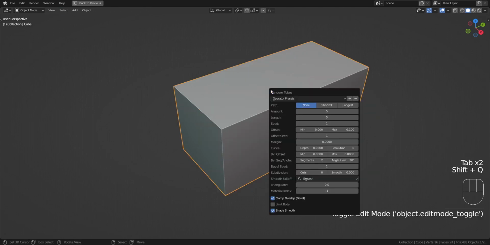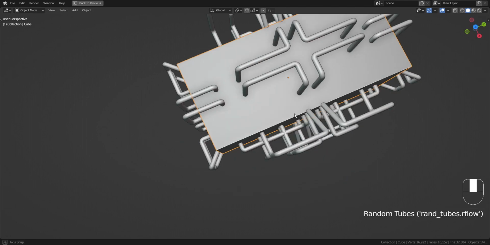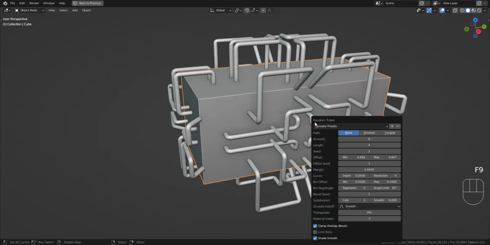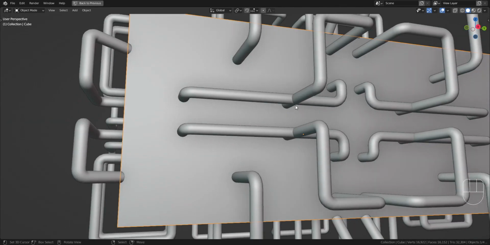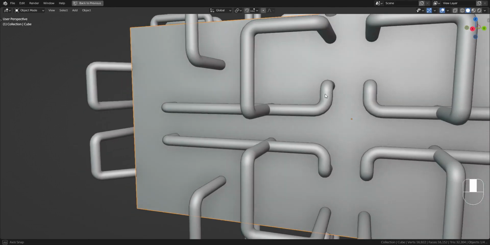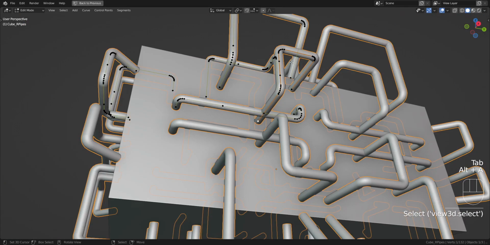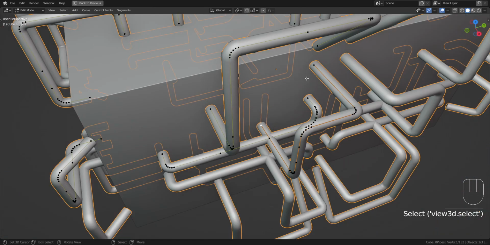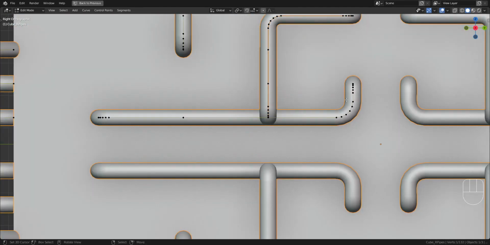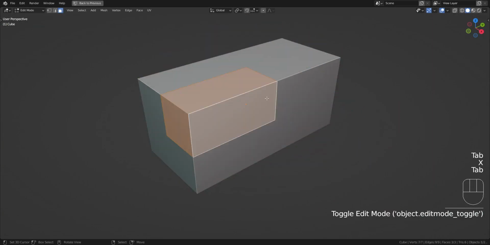Now we go to random tubes. So random tubes now has a new toggle, which is limit body. And you can see here that this pipe is being sourced from a point. So this pipe or tube, one of its cap or end and start point is being sourced from the body points of another pipe. So this creates more pipes,